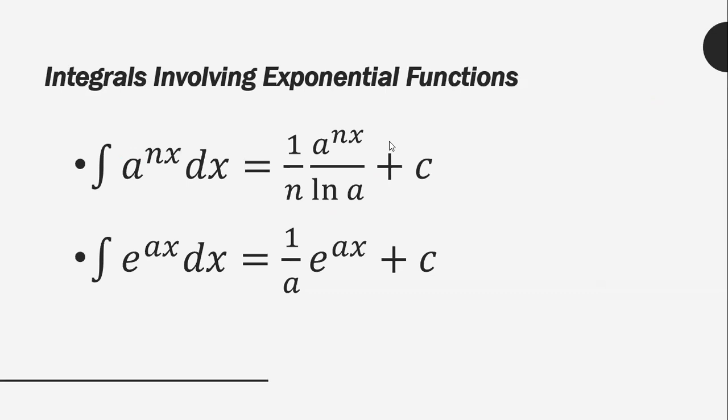For the integral of e raised to ax dx, we simply get the reciprocal of your coefficient of x. So that's 1 over a. Then you copy the entire Euler's number together with its exponent. And of course, we have the constant of integration, which is plus c. Anyway, it is always present in any solution.